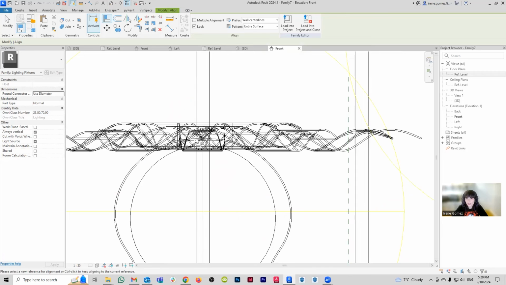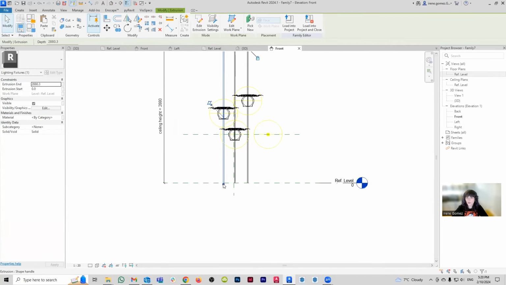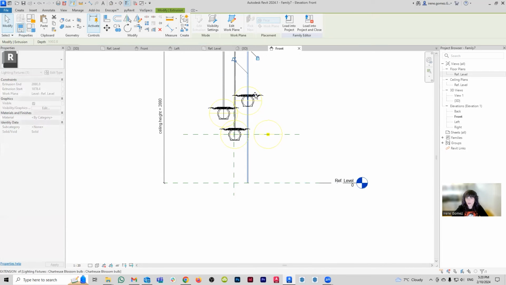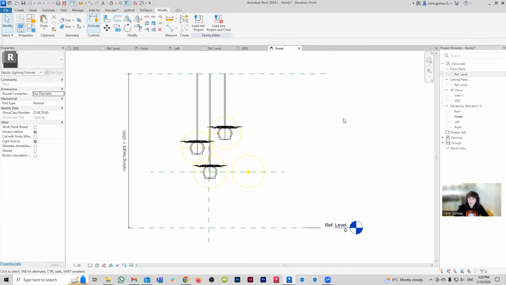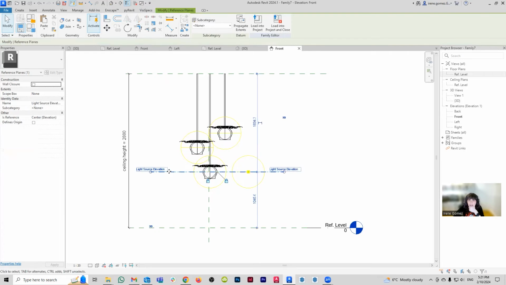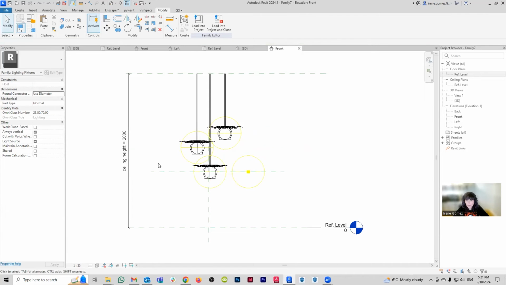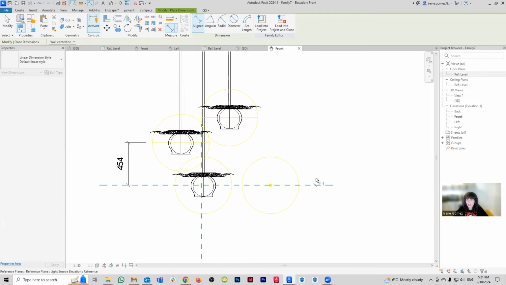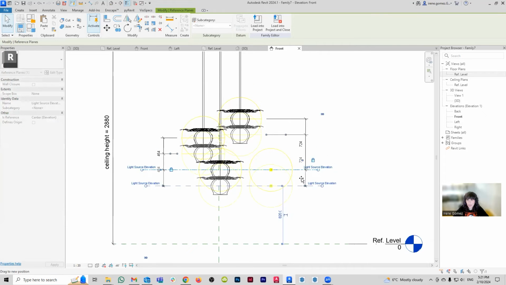So I'm going to come here and say, let me see if I can find, I'm going to bring it. Oh, you know what? I don't need to align it to a reference plane. I can just do it manually because we're not changing the height of the lights themselves. Although, let's see. I want to be able to change the height. So like this can move. And when these move, see, these guys move, these guys stay, and this guy's not moving. So you know what? We are going to need to do some stuff. I'm going to create a measurement that measures from here to here, and it's locked. And then from here to here, and then that's locked. And what's going to happen is that when I move, yes, that's what we want.